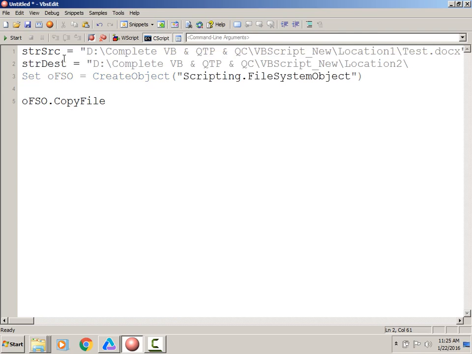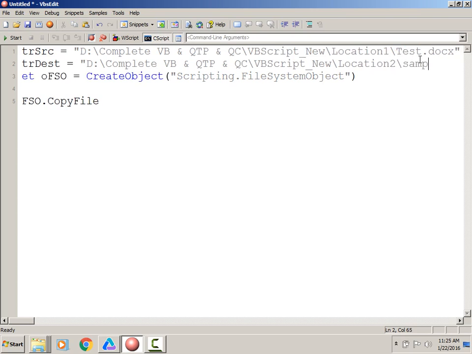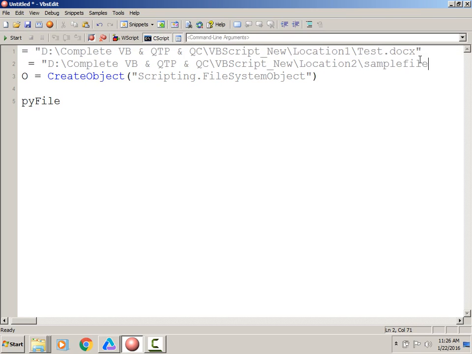Then you must give not only just the folder, you have to give the name of the file along with the extension also. Remember one thing here, when you are copying a file and pasting it in a different location, in the destination you can give a different file name. So the file name is not mandated to be the same file name as in the source. In the destination, it can be a different file name. Then I'm giving the file name as, say, sample file